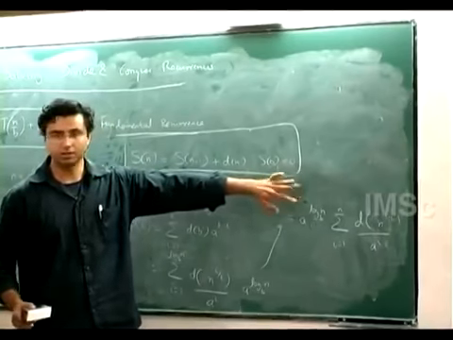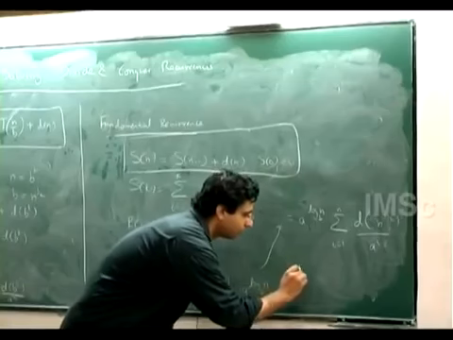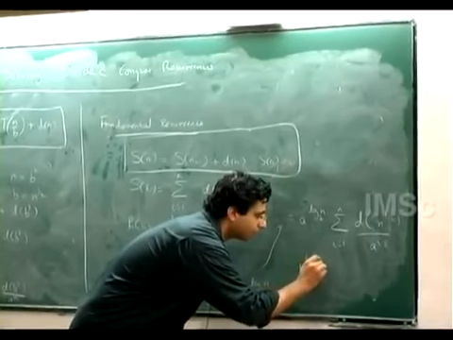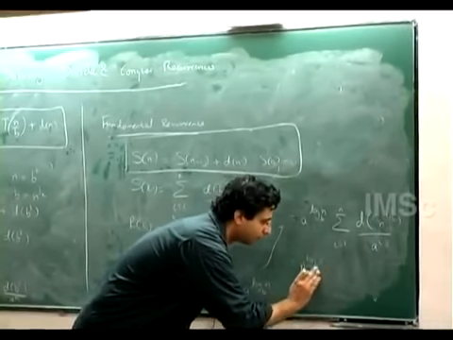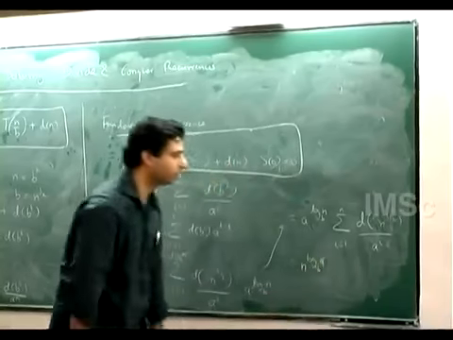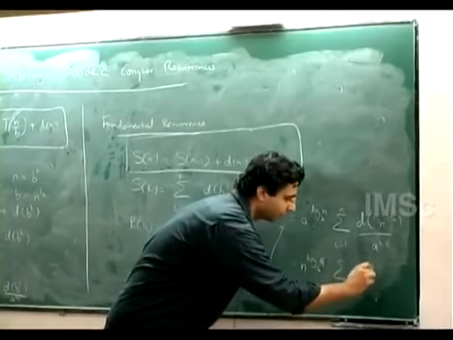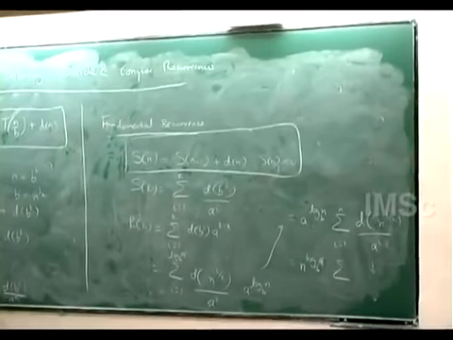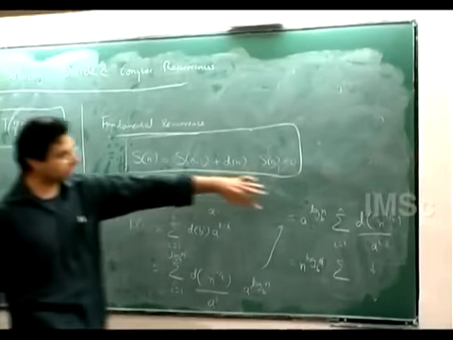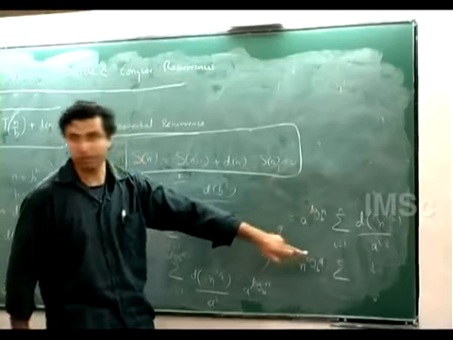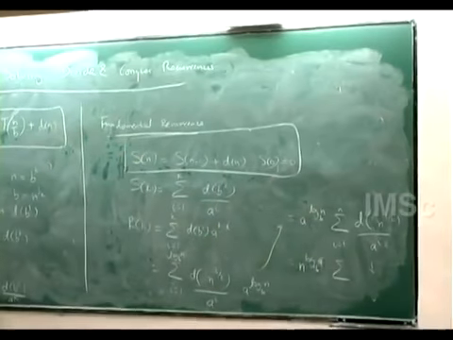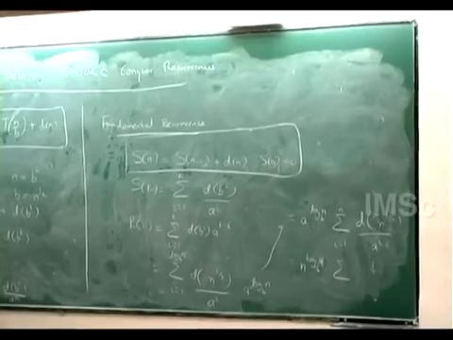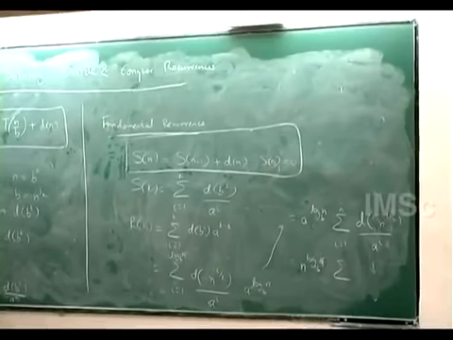We can reorder this to get b, and this sum remains the same. Right, we can switch a and n, so n comes down, a goes up. So what we have is that this recurrence, the solution to this